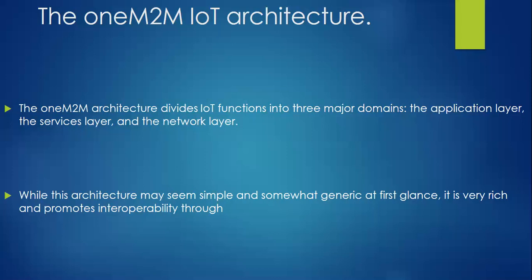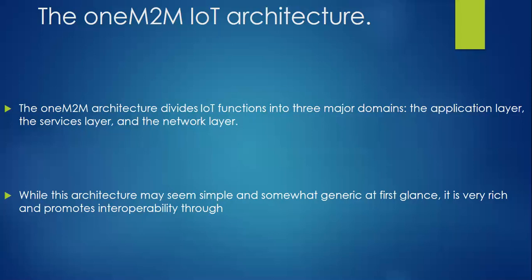So why we are mentioning this is the only architecture which is providing machine-to-machine communication for IoT architecture. Fine. So we'll go through. The oneM2M architecture divides IoT functions into three major domains. So the complete IoT network or complete IoT application, whatever we are having, will be categorized into three different sections. The first one we are calling the application layer, the second one the service layer, and the third one the